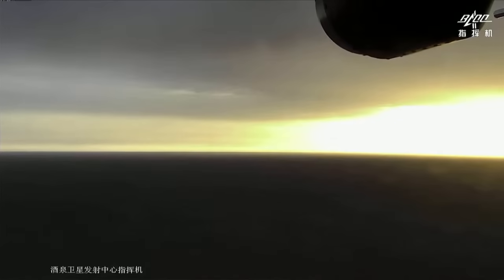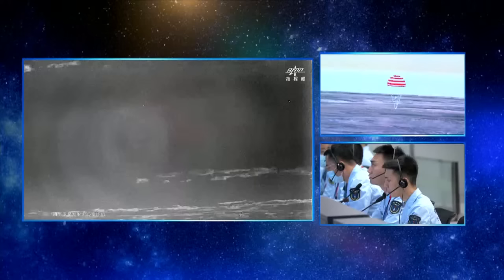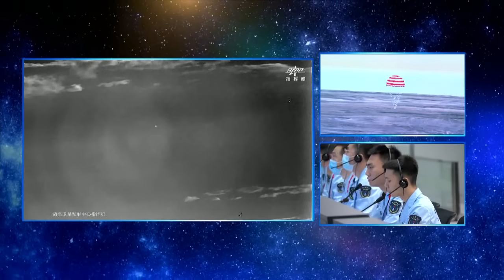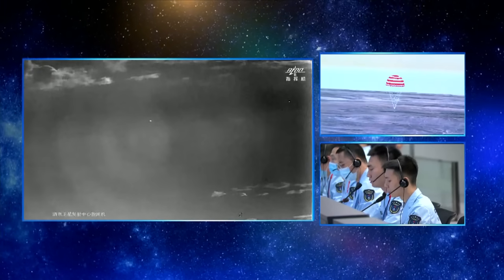It's 6 kilometers above now. Just 6 kilometers away from Earth right now. So it's traveled dozens of kilometers in just a couple of minutes. Yeah. And after the deployment of the main parachute, that little spot that we're seeing now on that big screen,